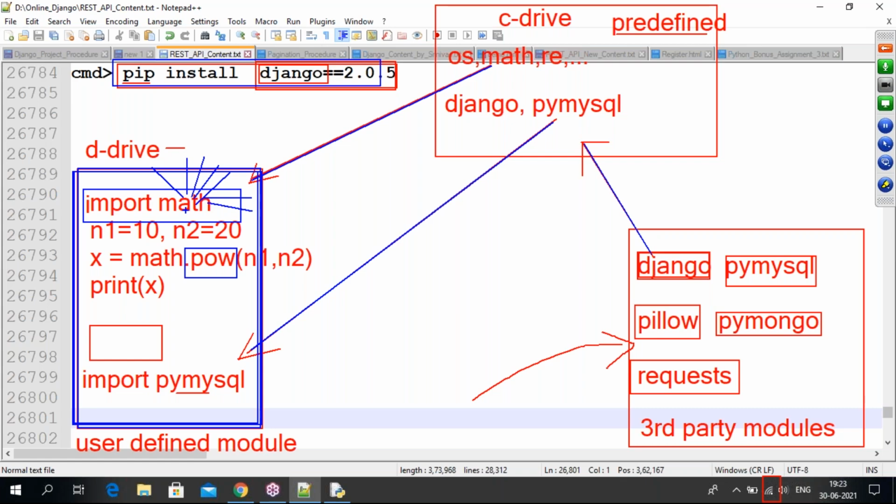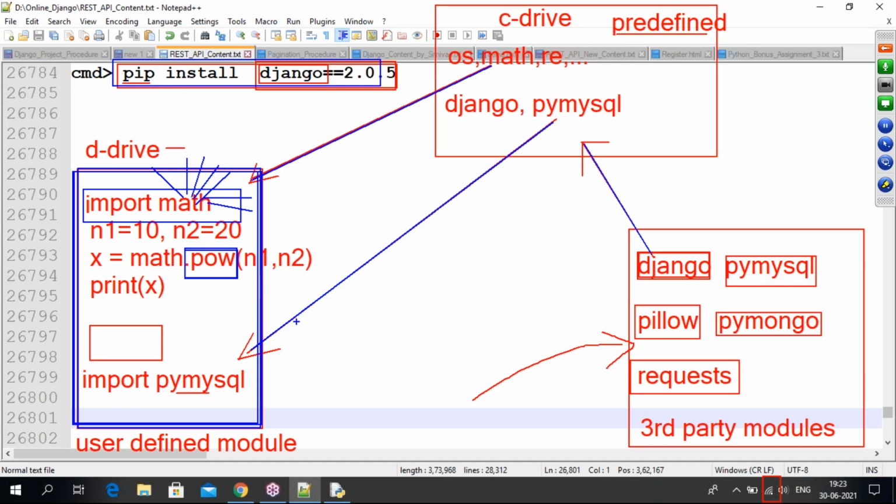In the math module, for example, 20 methods are there. Because of import math, 20 methods are loading. Out of 20, how many are you using right now? Only one. Importing the remaining methods is a waste. So to overcome this problem, what are we using? We are using from import.